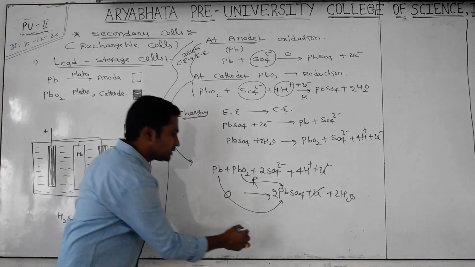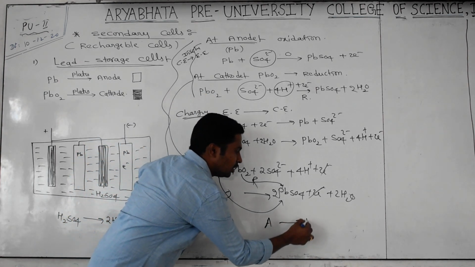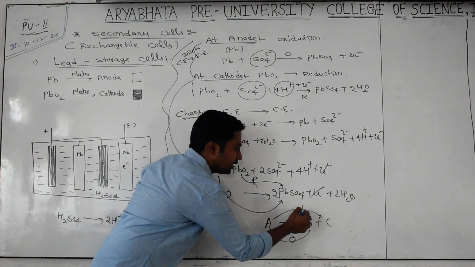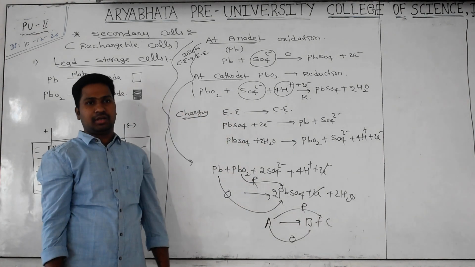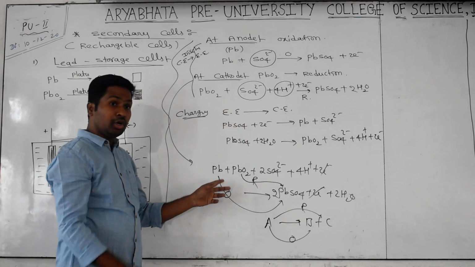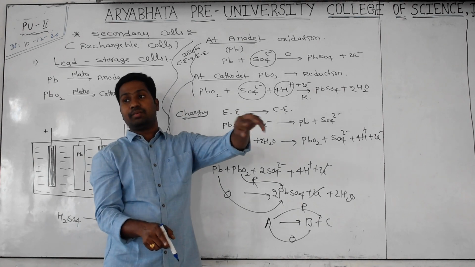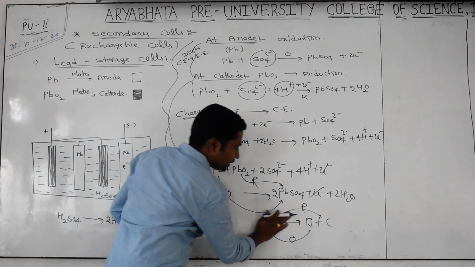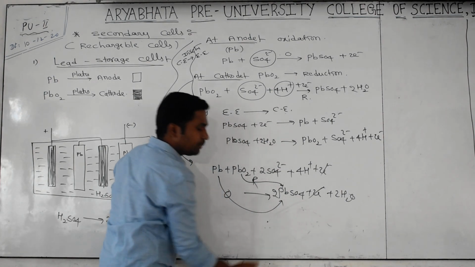Not like that, where the same element gives more than one product, undergoing both oxidation and reduction in one reaction. That is disproportionation. Decomposition is a single component into more than one component. But here, two components become a single component while undergoing the redox reaction. This is called a comproportionation example. Did you get my point?